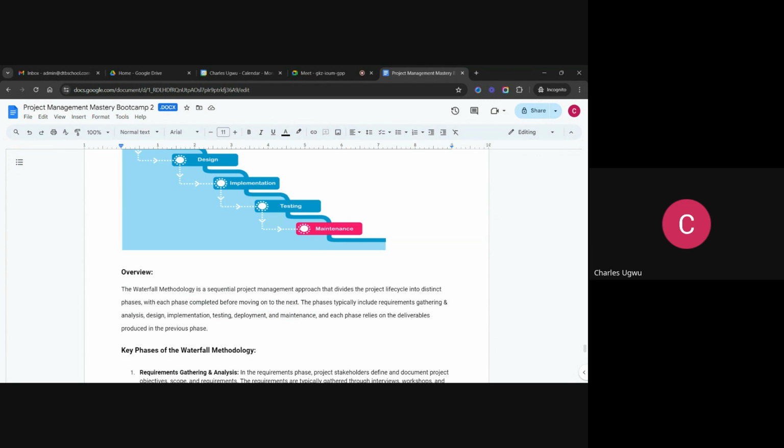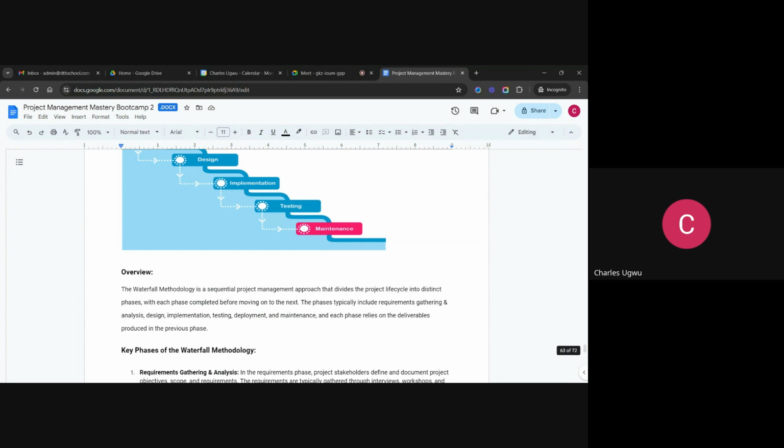The phases typically include requirement gathering and analysis, design, implementation, testing, deployment, and maintenance. And each phase relies on the deliverable produced by the